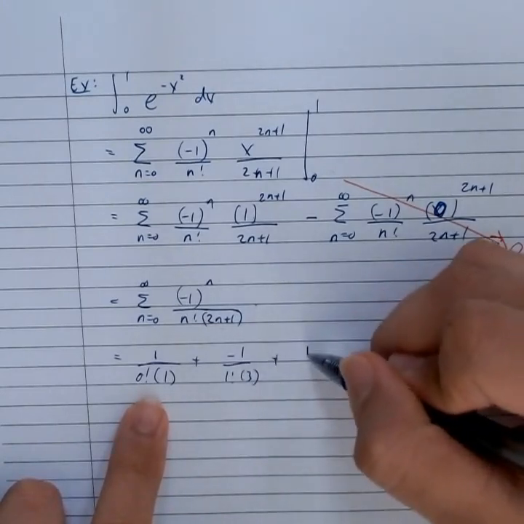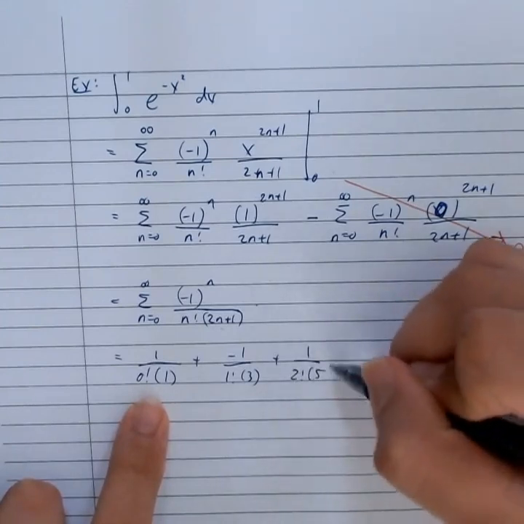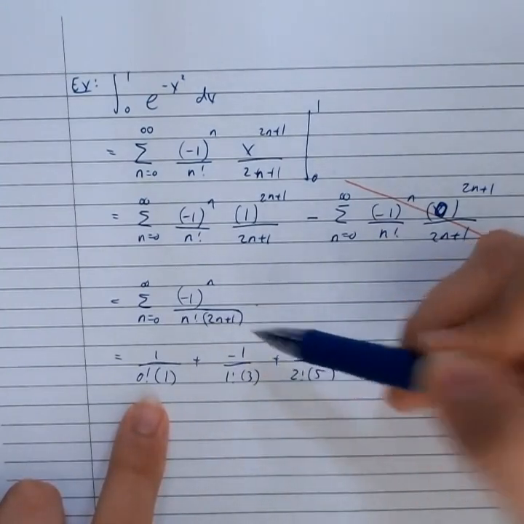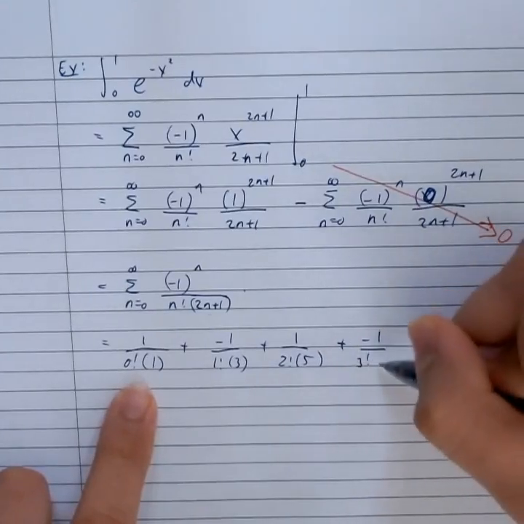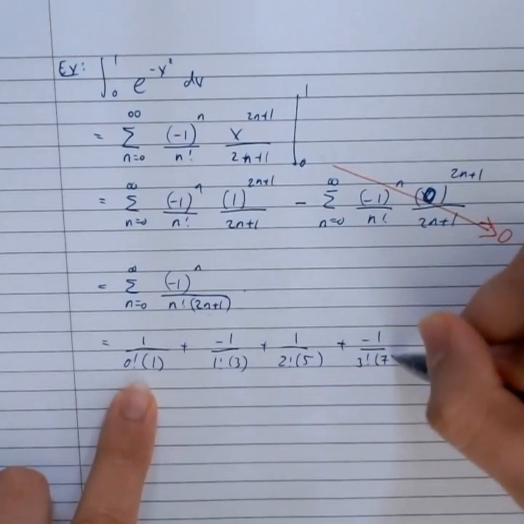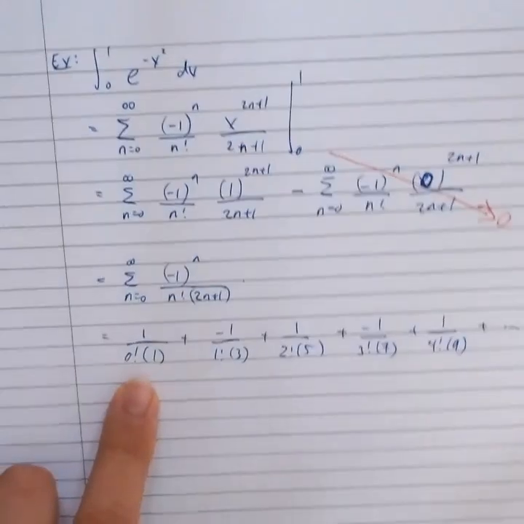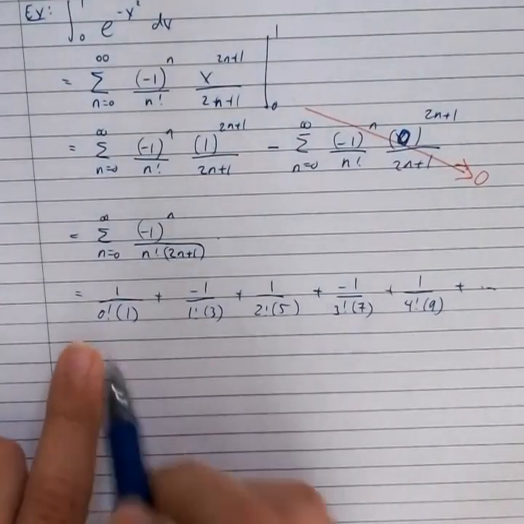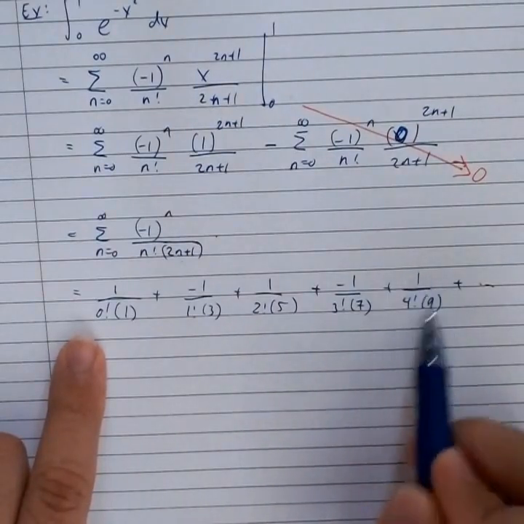The next one would be positive 1 over 2 factorial, and 2 times 2 is 4 plus 1 is 5. And then the next one will be minus 1 over 3 factorial times 7. And then 1 over 4 factorial times 9, and so forth and so on. But remember, with an alternating series, if you add up the first 4 terms, then this 5th term estimates your